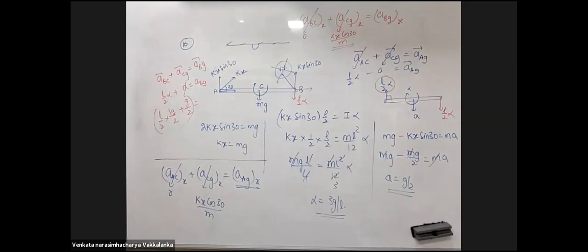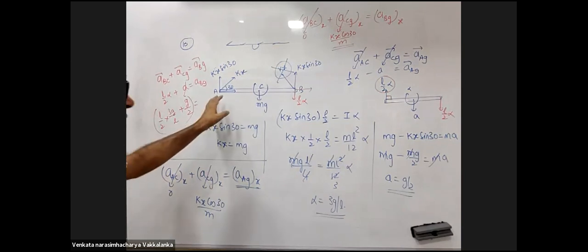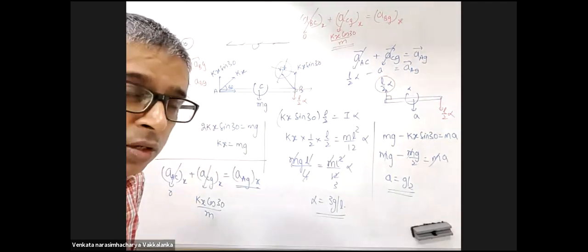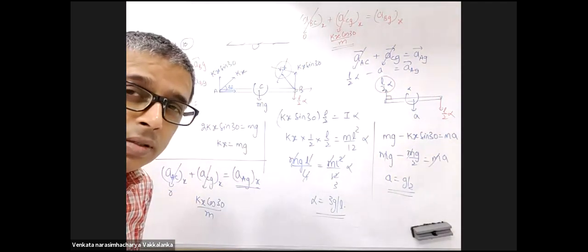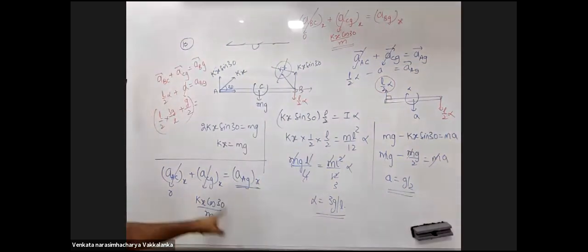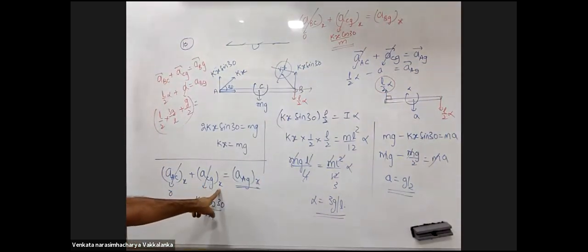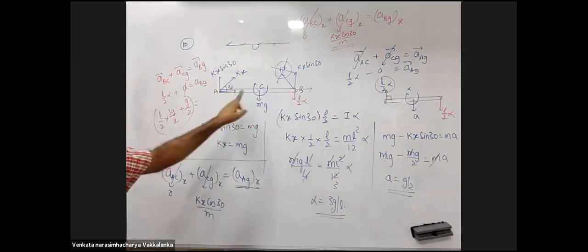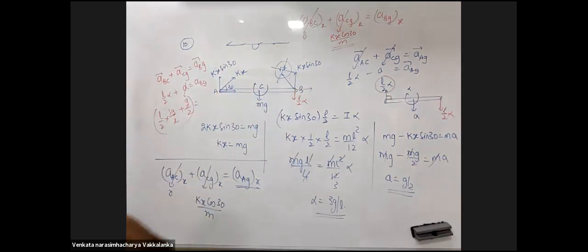One last doubt. I didn't understand that acceleration of center of mass with respect to ground is kx cos 30 by m. Vector summation of all the forces will be equal to mass into acceleration of what? Center of mass. Okay, sir. Now, acceleration of center of mass with respect to ground along x-axis. On this, there is only one horizontal force, kx cos 30. Okay, sir. For B, it should be minus kx cos 30, right? Why? For inverse, no? If you resolve it.